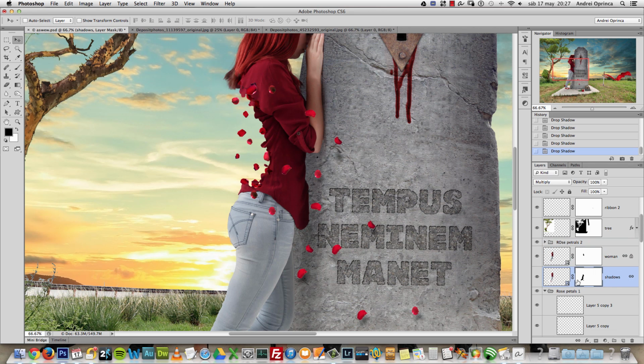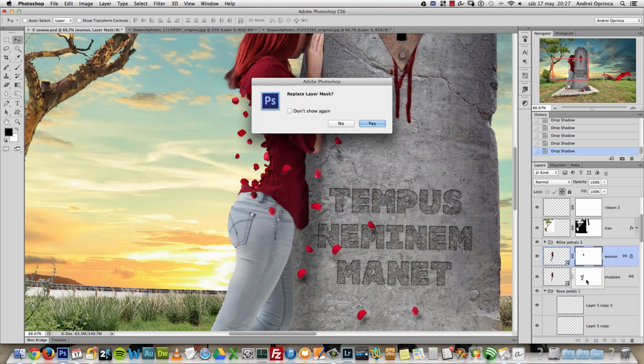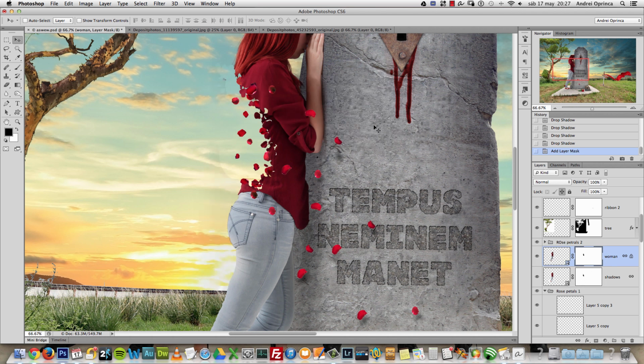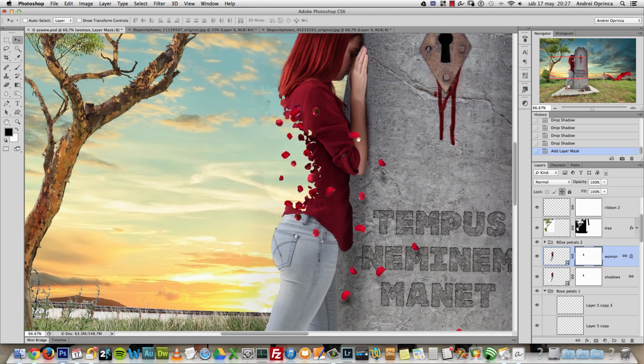I will re-enable the shadow layer, but you can see the layer masks are not the same, so you need to have the same layer mask. So what I will do is copy this one on the bottom layer, and the way I will do it is hold the Alt key on the keyboard and click on the layer mask and drag it on top of the other layer mask, and it will ask me if I want to replace that, and I will choose yes, I want to replace it. And that way I have the same layer mask on both layers, but on the shadow layer I